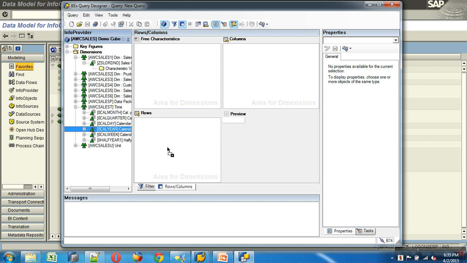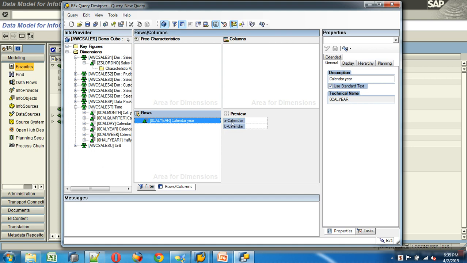If I drag this year into the rows, look at the preview. It says A year, B year. If I place some object into the rows, the informative values are displayed downwards like that. If I place customer number, the list of all the customer numbers is placed downwards like that.